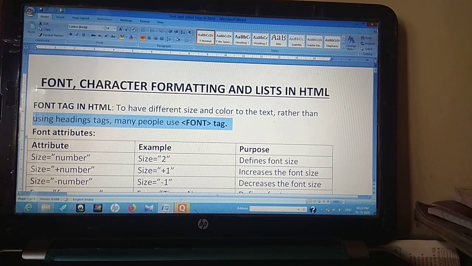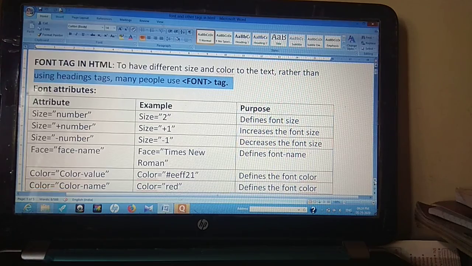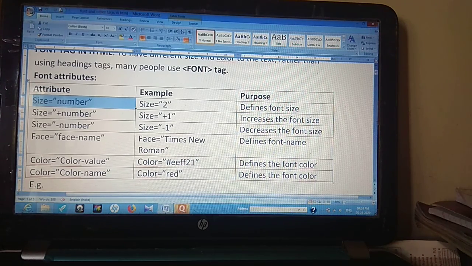Now the font tag has attributes size, font face and font color. The size can be given in numbers. You can assign the default font size in this pattern. You can directly assign the font size equal to a value, or you can increase the font size by 1, whatever the default font size is, or similarly decrease it by 1.